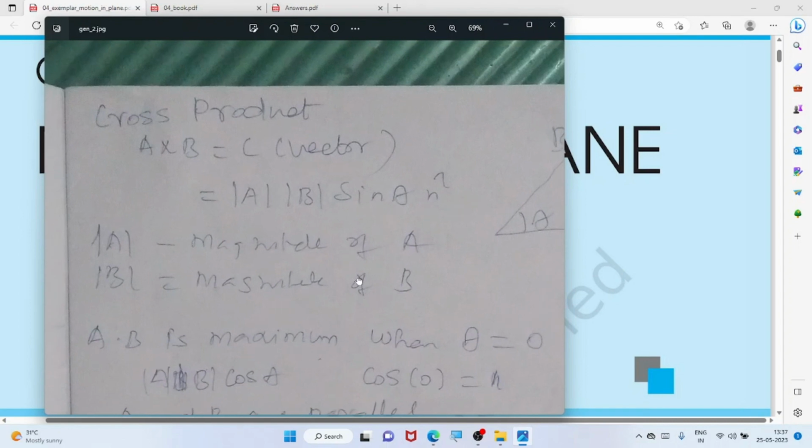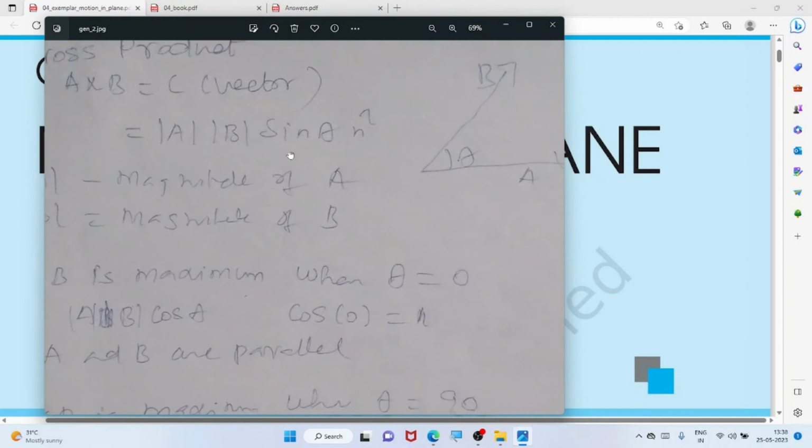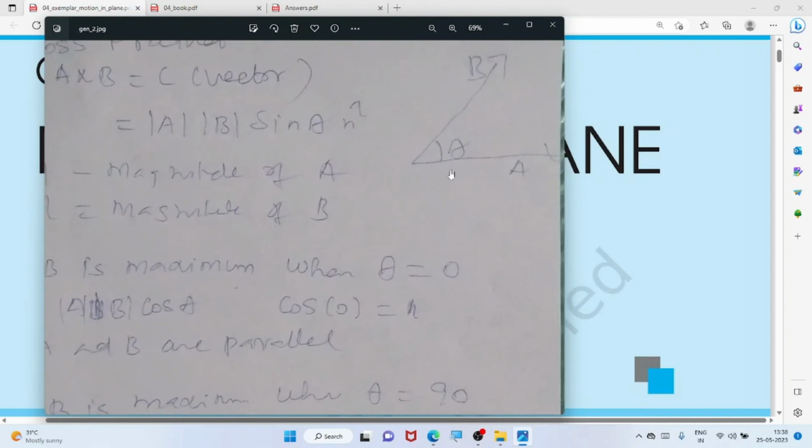Now cross product, A cross B equal to C, that is a vector, and this is magnitude of A, magnitude of B sin theta, is a vector. Okay. So if you have two vectors A and B, then angle theta between them,